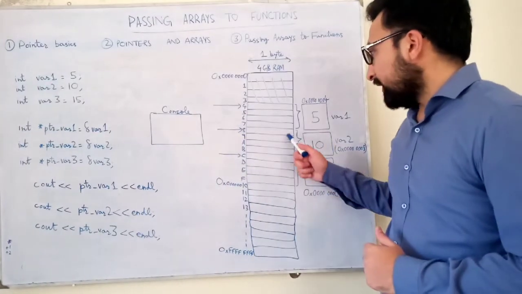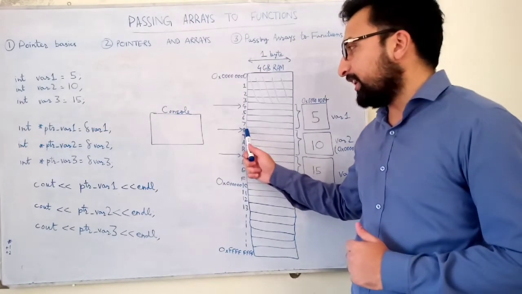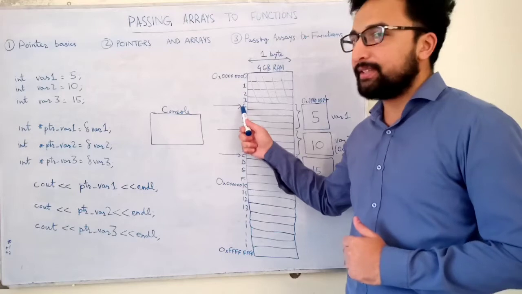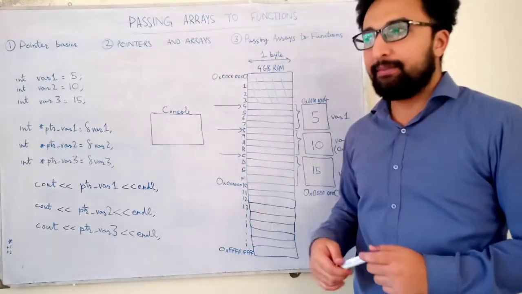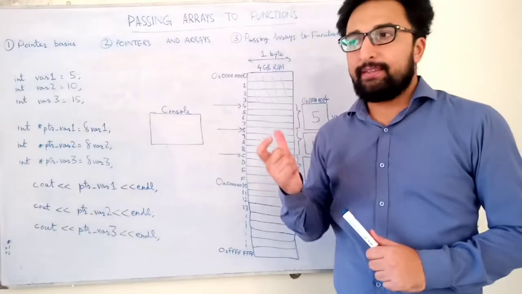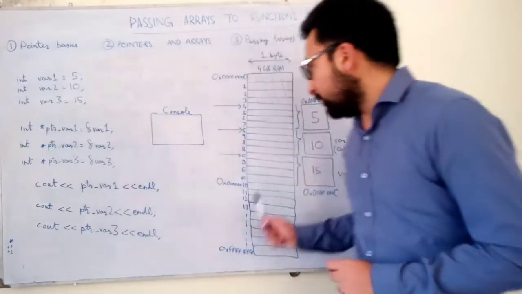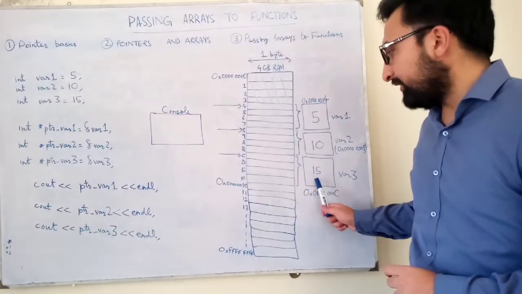Also, you can see that the starting address of this particular variable is 4 bytes after the starting address of the first variable, because integer is a data type whose variables are 4 bytes long. Similarly, variable 3 occupies the next 4 bytes and it holds the value 15 and it has